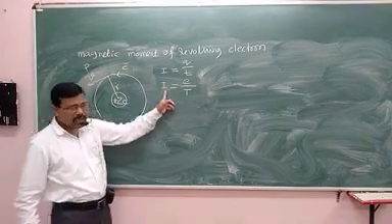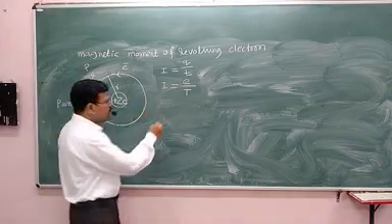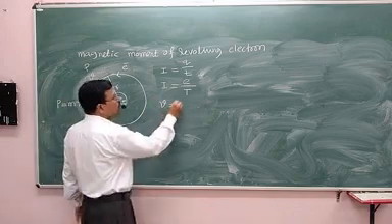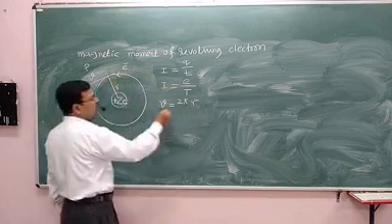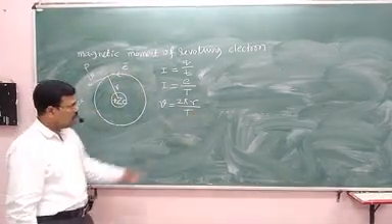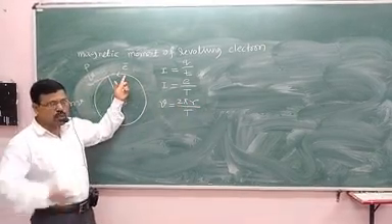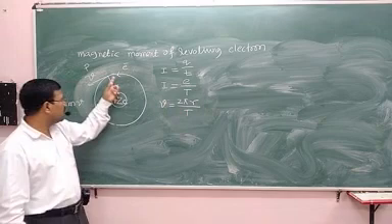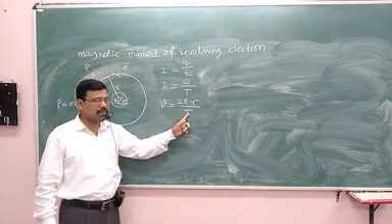Fine. What is current here? Rate of flow of charges. What is time period? As we know, the speed of this particle is equal to the distance travelled by the particle in one rotation divided by the time taken to complete one rotation. Distance travelled by the electron in one round is equal to the perimeter of the circle, 2 pi r. And the time taken is the time taken by the electron to complete one revolution, that is the time period.